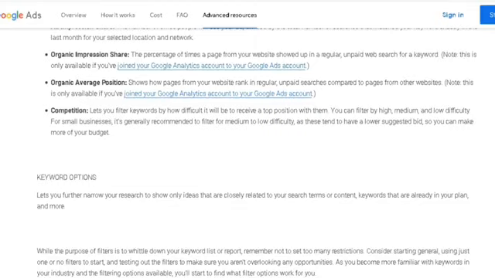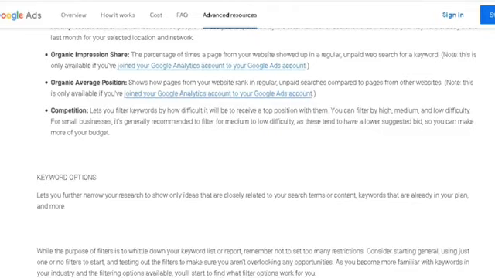Consider starting general, using just one or no filters to start, and testing out different filters to make sure you aren't overlooking any opportunities. As you become more familiar with keywords in your industry, add the filtering options available. You will start to find what filter options work for you.